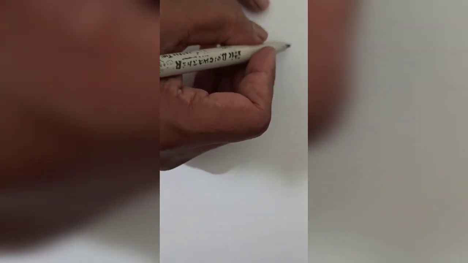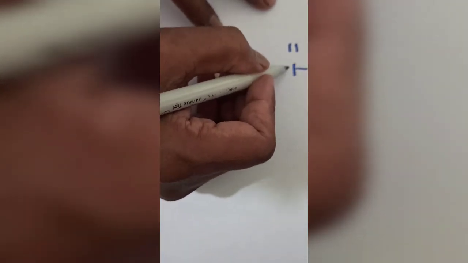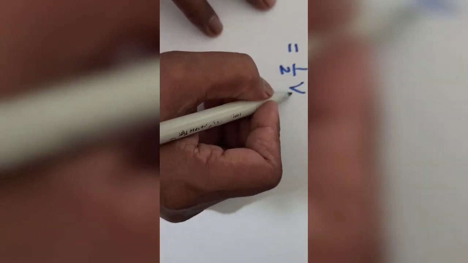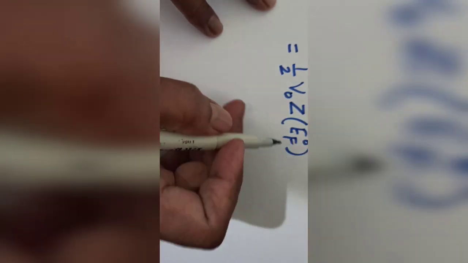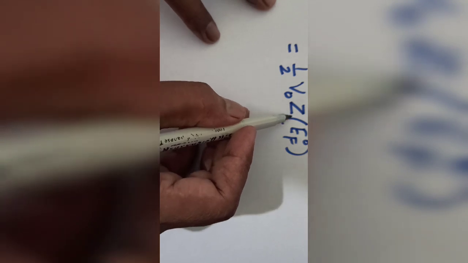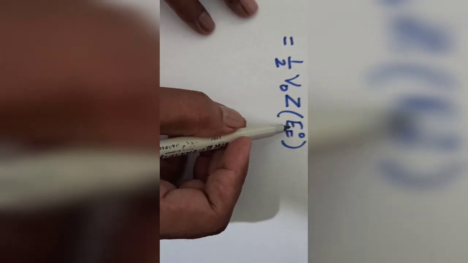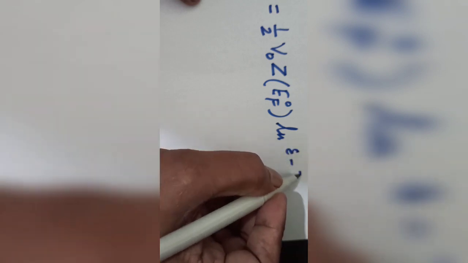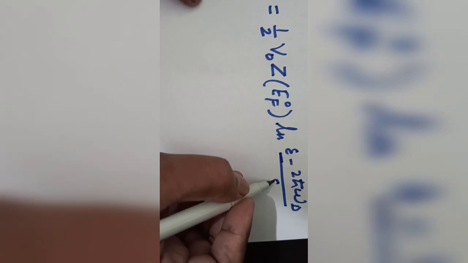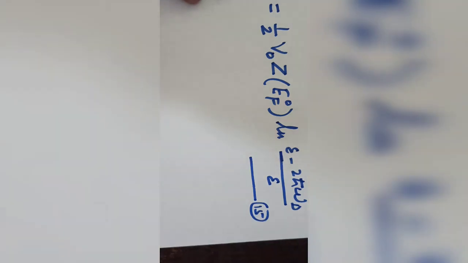So this is equal to 1 divided by half V naught Z EF naught. Mind you, Z stands for the density of state. So density of state at the Fermi surface, log of small e minus 2H cross omega d upon small e. So this I give equation number 15,